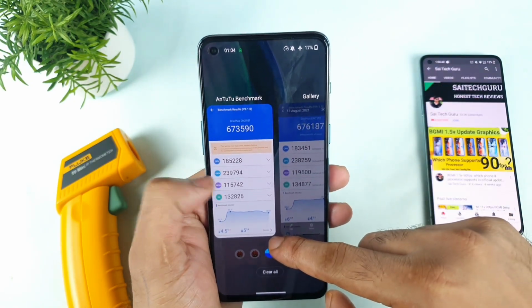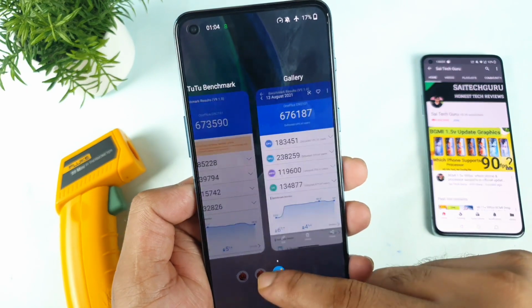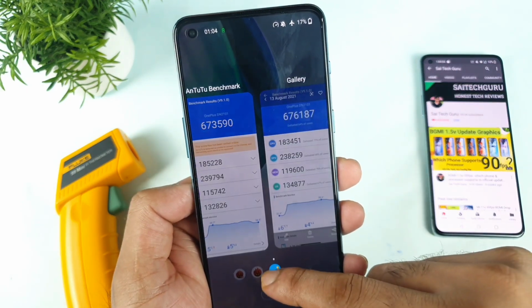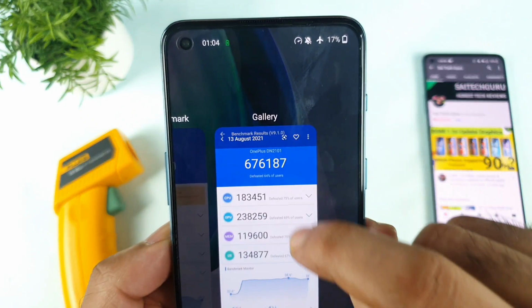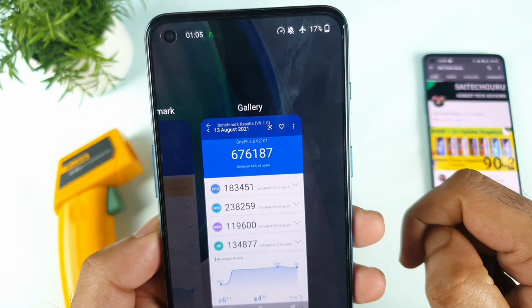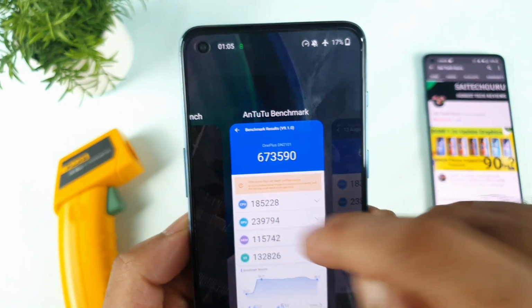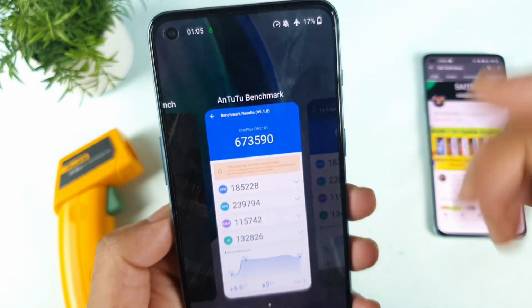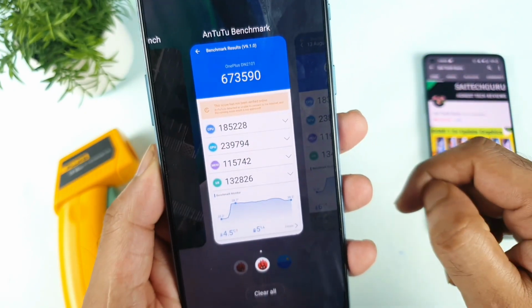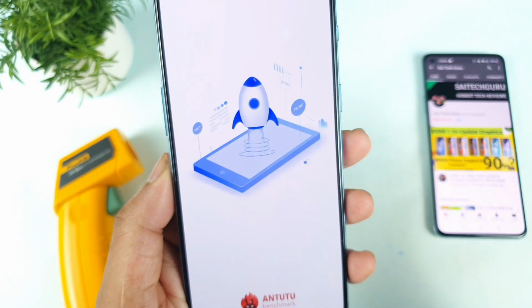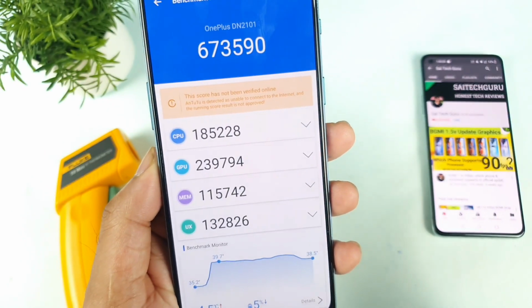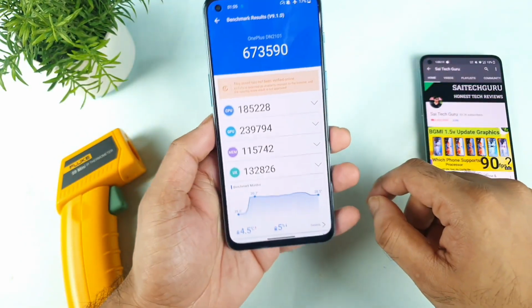You can compare the CPU and the GPU as well if you want. I think the CPU and GPU slightly increased. As you can see, friends, before it was 183 and 238, and today after the recent software update it went up to 185 and 239, as you can clearly see on this OnePlus Nord 2 device. So slightly better.